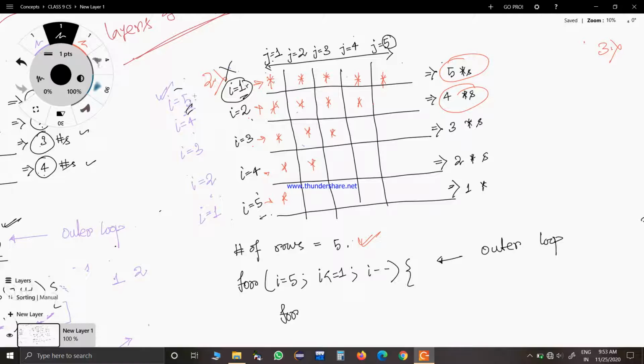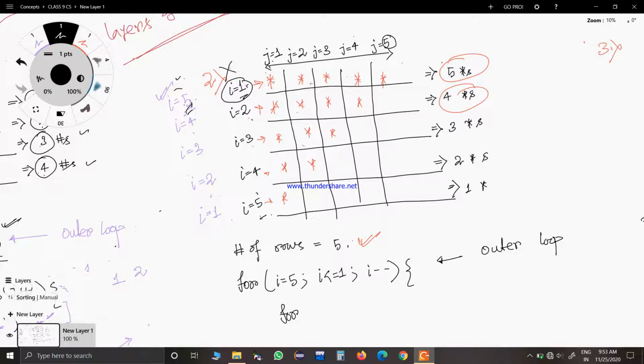So now you are okay with it, right? Now after finding this initially, you may have to change it, but we are doing it step by step. Okay, so let's say you found it: I equal to 5 to 1. Now you stick with it. You are saying that I will go with it. My outer loop will start from 5 and end at 1.